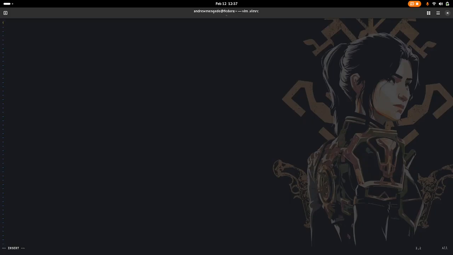So I'll hit i to go into insert mode and switch on language agnostic syntax highlighting. And then I'm going to type the following: filetype plugin indent on. Now this is actually nested. This is actually a few things. It's actually three things. We can read it as filetype on, filetype plugin on, and filetype indent